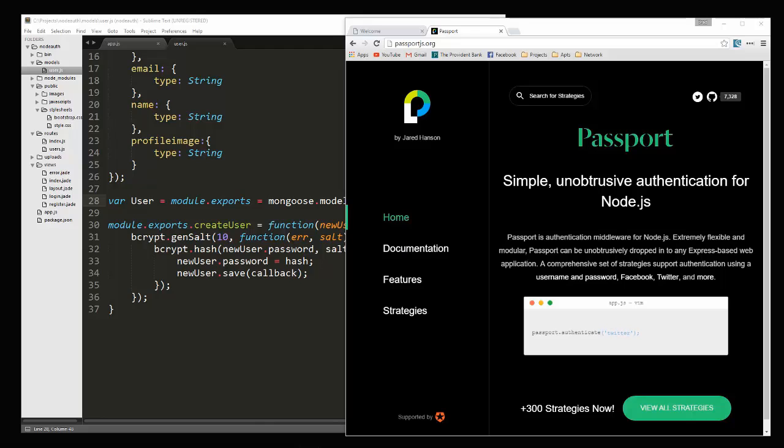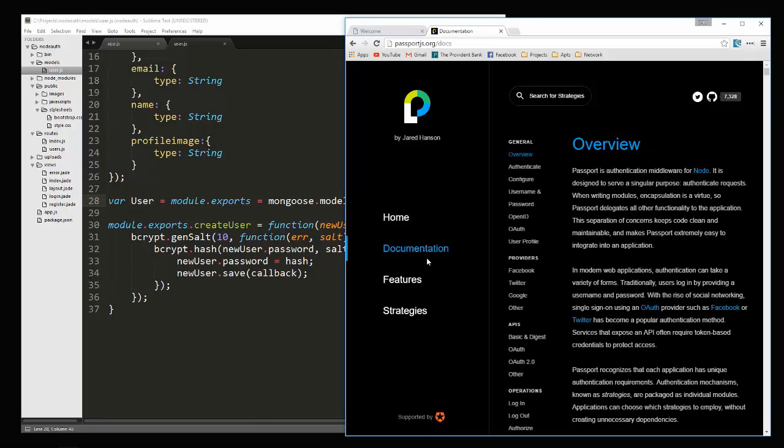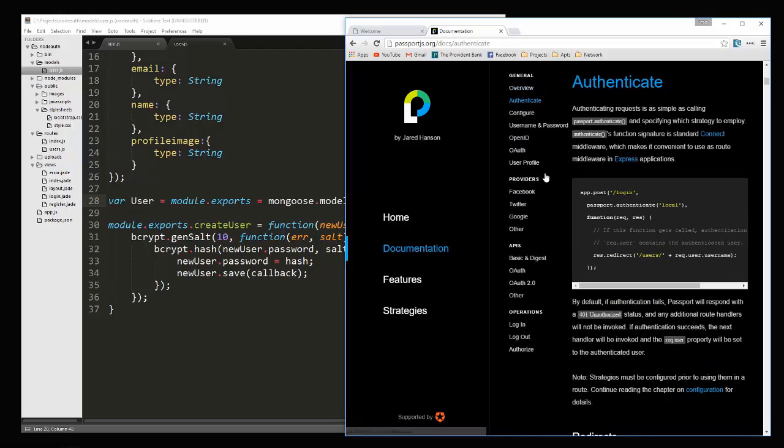You can use a local strategy, which is what we'll be doing, and that means we're going to have a username and password and a local database. But you can also use things like Facebook login, Twitter login, and a bunch of other types of logins. So let's go to our documentation here and go to Authenticate, and this is going to show us that we need a post route to our login, and we also need to include this passport.authenticate. So what I'm going to do is copy this,